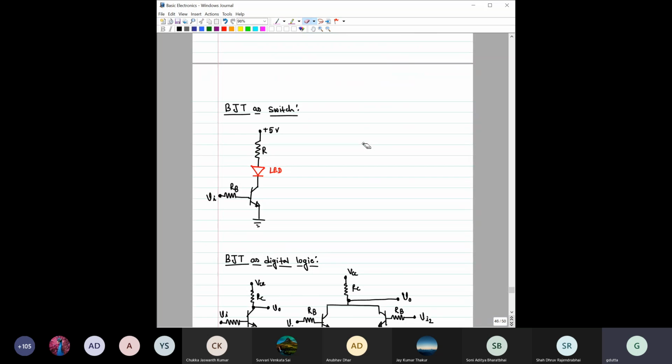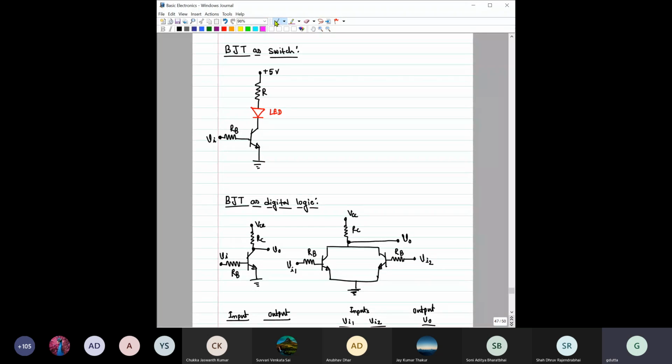Now, say BJT as a switch. So how can a BJT work as a switch? This is quite easy actually. You consider a circuit like this where you have connected one LED, and this is one resistance that you have connected to regulate the current which should be flowing through this LED. Now, if you see this, when this Vi is less than 0.7 volt, basically